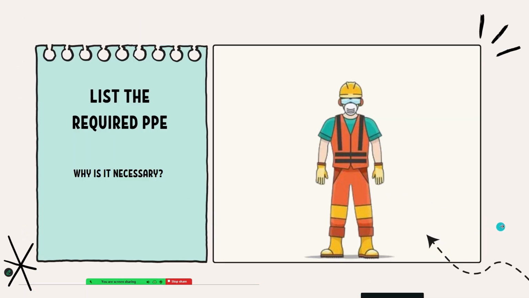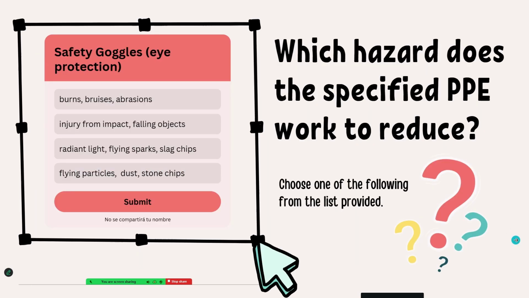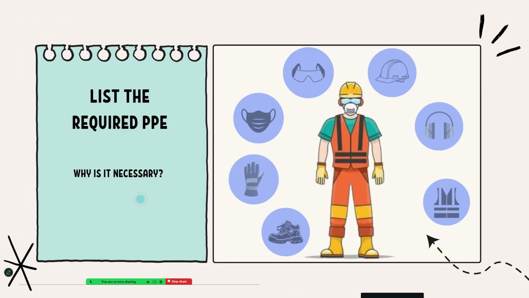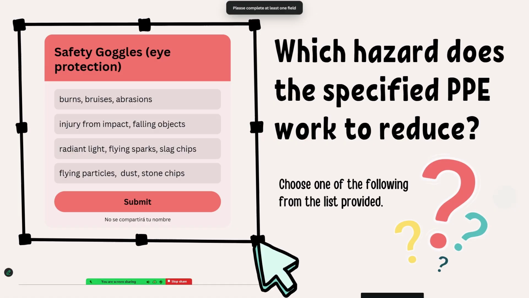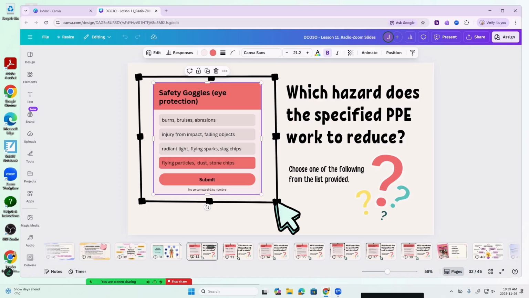there we go. So we should be able to just click on it and find out if we are right or not. Let's see if I can hit, nope. How did I do this last year? Last year I got this to work. Maybe we have to get out of the presentation mode. Let's see, if we click flying particles, dust, and we hit submit, ding, ding, ding, ding, we are correct. I'm not sure why it came up in Spanish. I did try to fix that, and it didn't work.